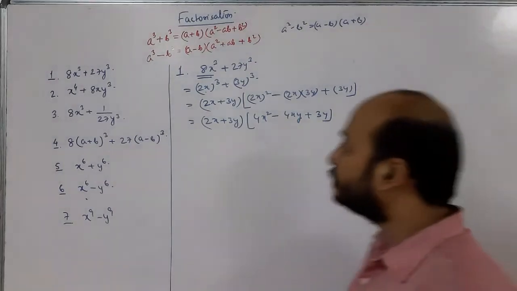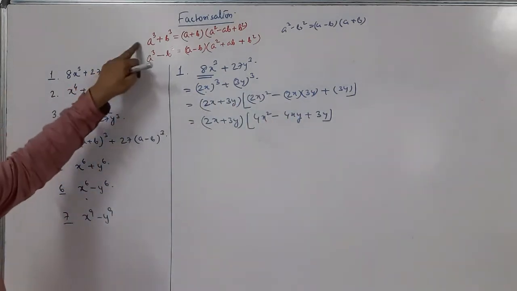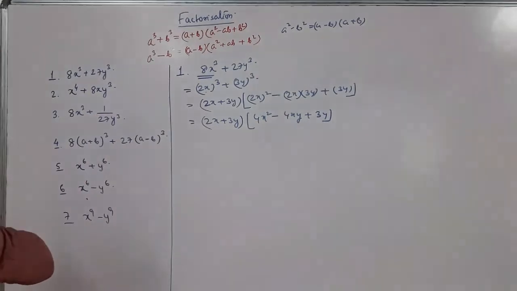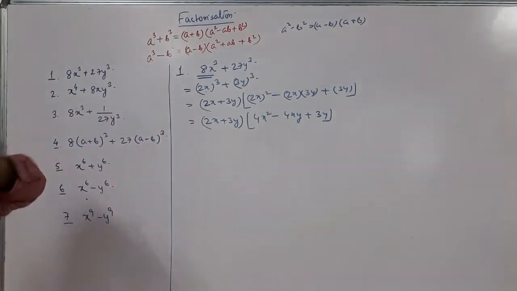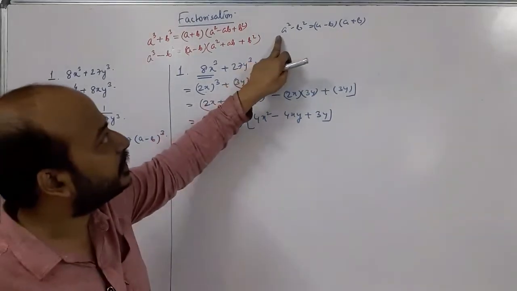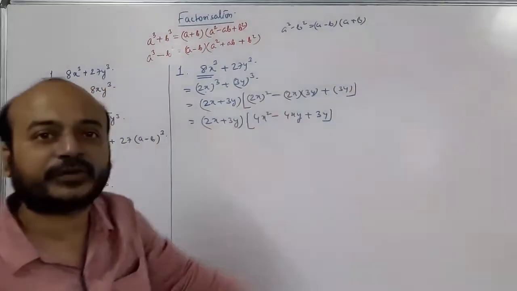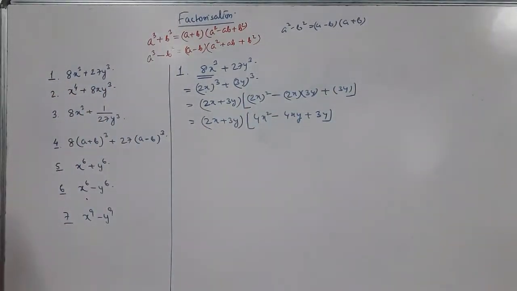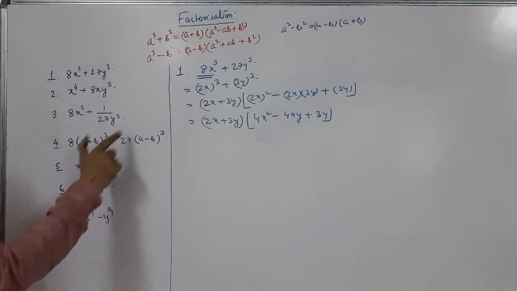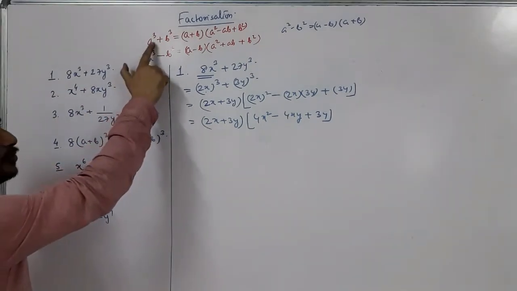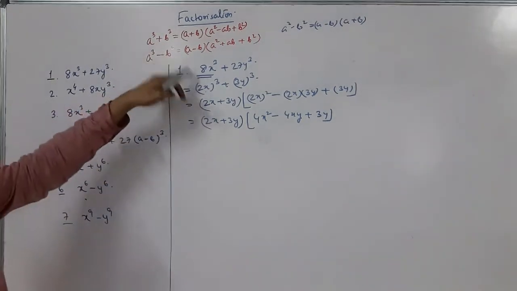Okay, now we'll do factorization by using these two formulas of a cube plus b cube and a cube minus b cube. That is the sum of two cubes and difference of two cubes. Previously we have also done the sum and difference of two squares formula, that's a square minus b square, a minus b and a plus b. We have done factorization. Now, if the expressions can be converted into a cube plus b cube or a cube minus b cube, then by using these two formulas we will factorize.